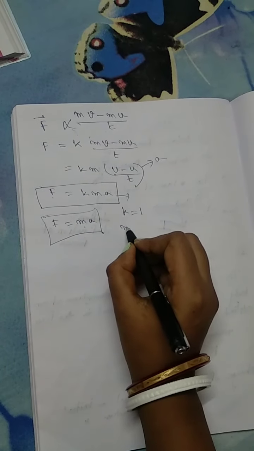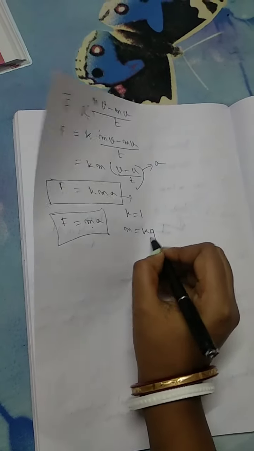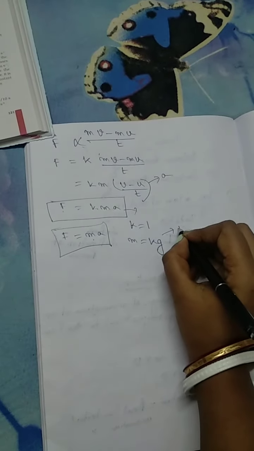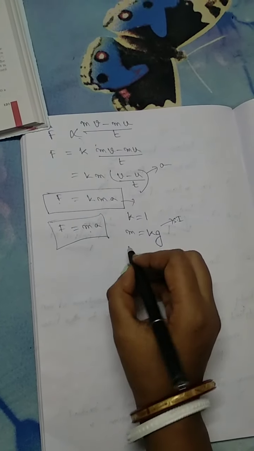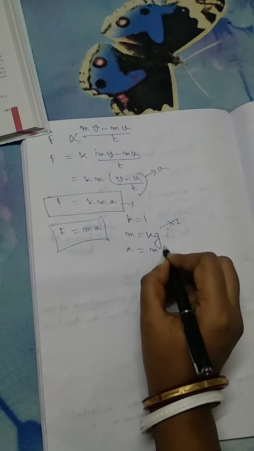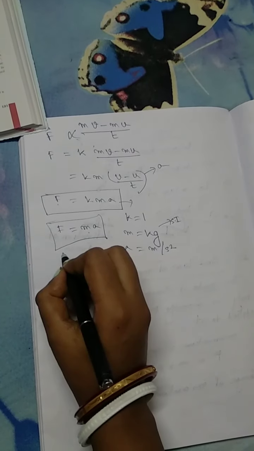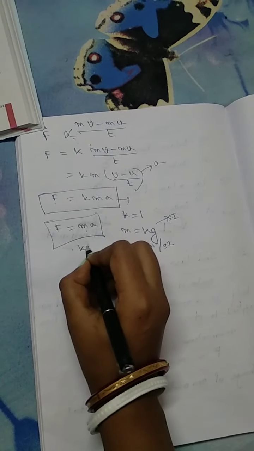If m is measured in kg, obviously in SI, okay? m is in kg and a is in meter per second square. Then F is equal to kg